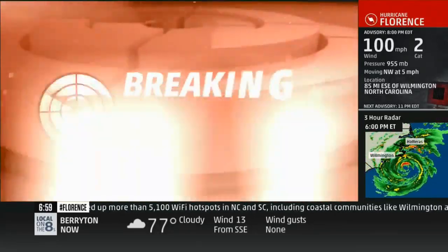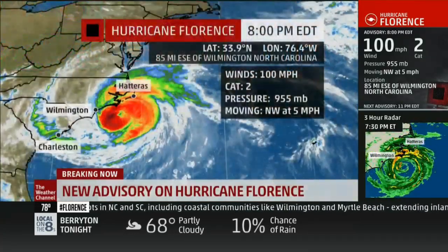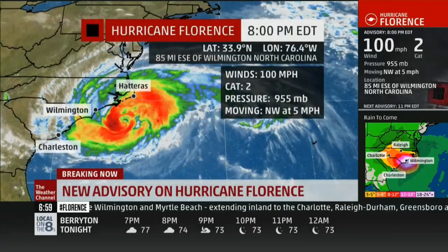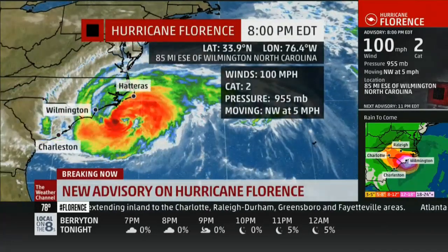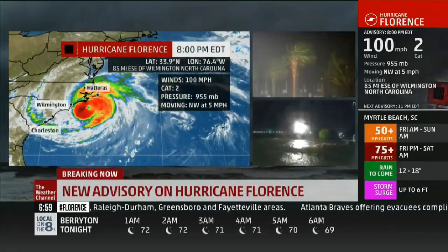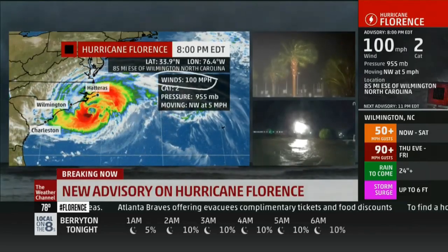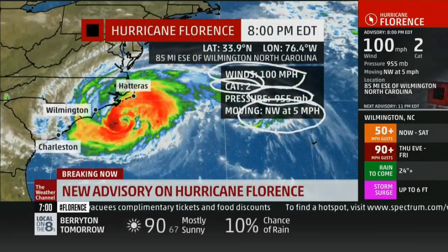Yeah, this is an intermediate public advisory from the National Hurricane Center, valid here at 8 p.m. Eastern Time. They'll have another full advisory coming out at 11. And so what they do here is they update the position and the strength and the motion and any changes to warnings and hazards and all of that. The only things that have really changed here are the latitude and longitude. Otherwise, it is still maximum winds at 100 miles an hour, Category 2, pressure at 955, and the motion northwest at